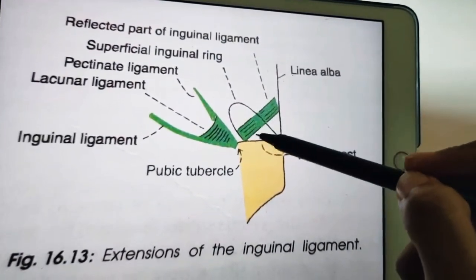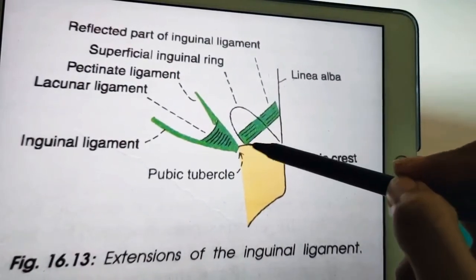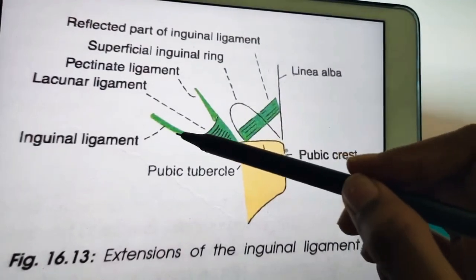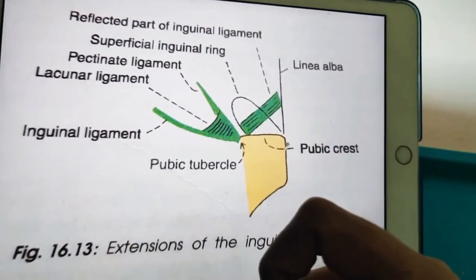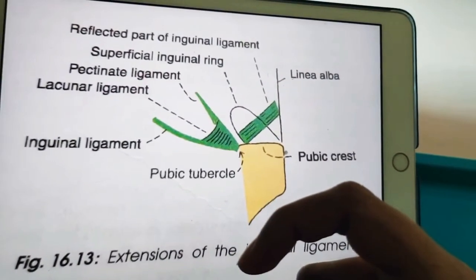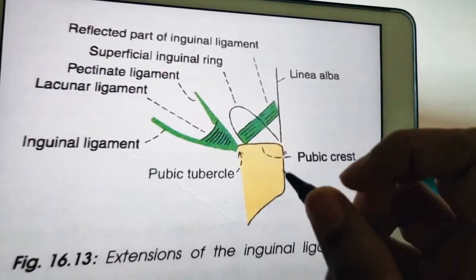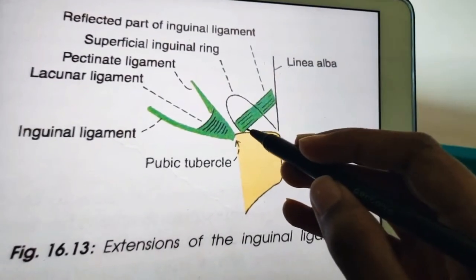Actually here the area is somewhat weakened, but it is maintained strong because of the conjoint tendon, which is present on the pubic crest and also on the pecten pubis, which mainly helps keep it strong. This is where the external oblique, especially internal oblique, and transverse abdominis muscles or tendons both join here, and this is also called the falx inguinalis.